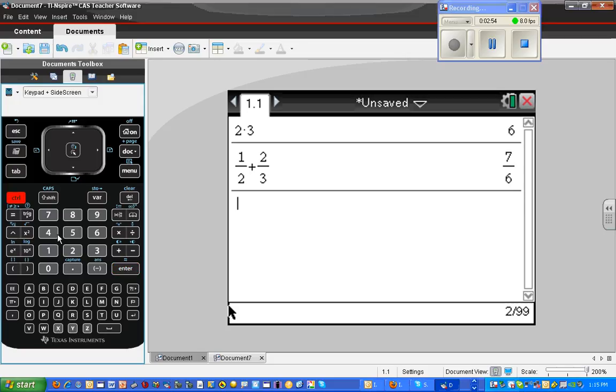Now, if I did not want the exact answer, I could ask for a decimal approximation of that by hitting Control Enter. And if you notice above enter in the blue letters is the approximation key, and it will approximate that. If I want to go the other direction, I could take the value of 1.16667, which is the approximation for 7/6, and convert that back to a fraction by choosing the answer, which would be Control negative,